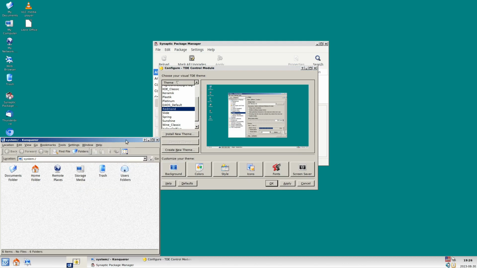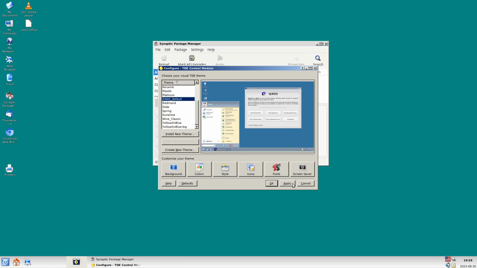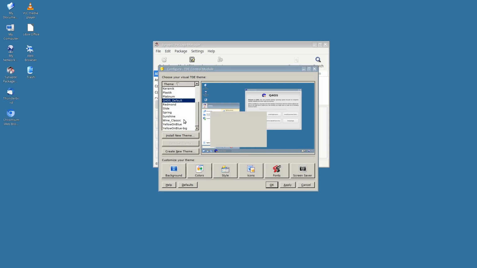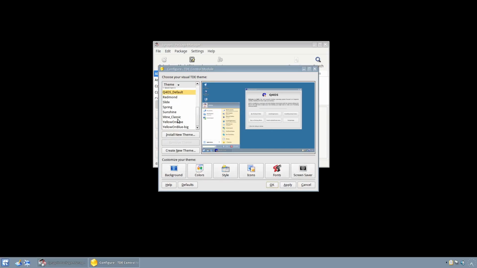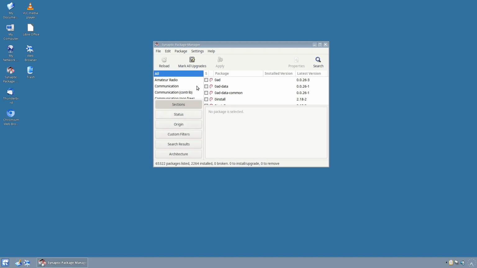This looks like an old Windows 95 to 98 look. This change, that's a Q4OS. Whoa, and some very interesting ones here. One classic. Okay, so if I just mark all upgrades and apply nothing,